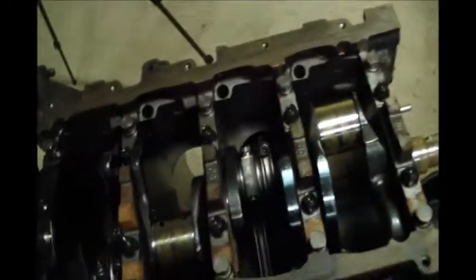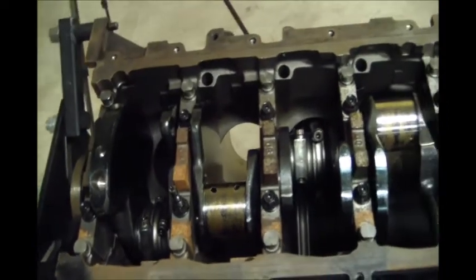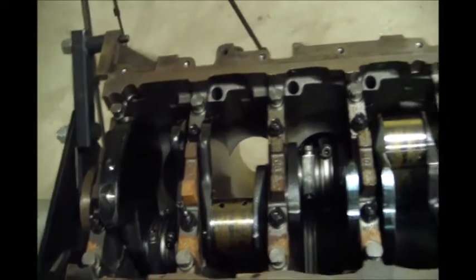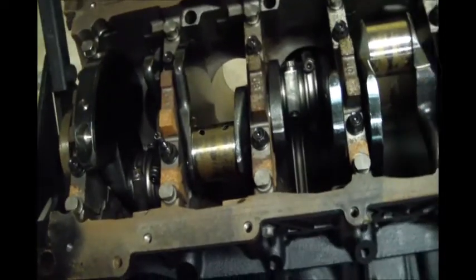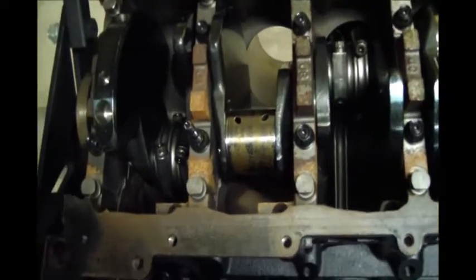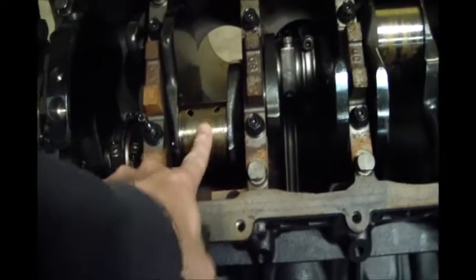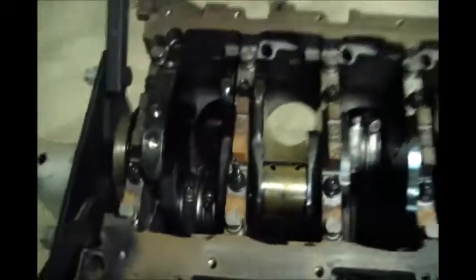And an insulated shop is great, but it also has its negative in that it doesn't stay perfectly warm. It doesn't freeze in here, but it'll drop down to 40 if I'm not out here running the heat. And then when it gets warm, the air heats up a lot faster than this heavy steel does, so it surface rusts. And this is surface rusted. As you can see, it pretty well wipes away. There might be some minor pits in there, but